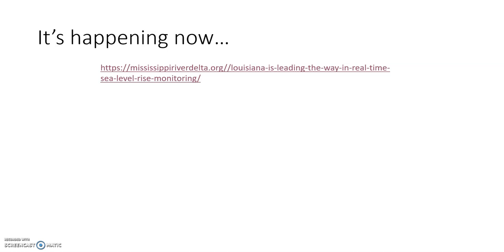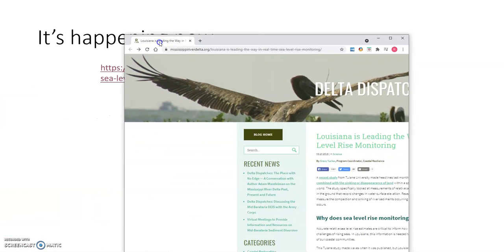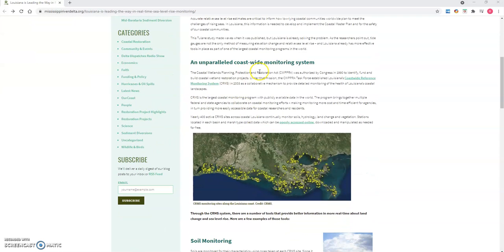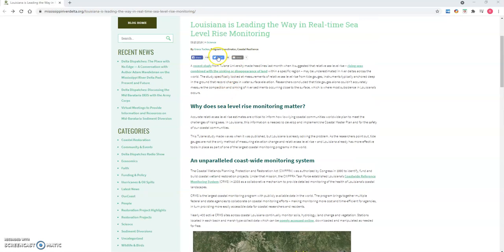So I wanted to show you this. I'm going to move my thing. I found this really interesting. I could get so lost in this climate change. I just love it so much. It's about what's happening today, and that is all of the real-time sea level rise monitoring that's going on